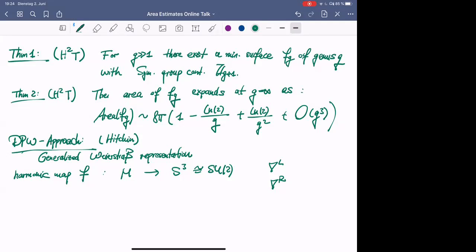As a matter of fact, the difference between those two connections is the Maurer-Cartan form. And if you pull it back onto M, it's actually the differential of F in